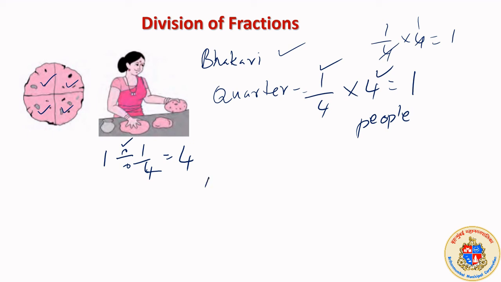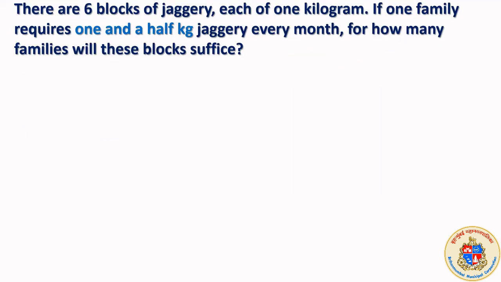Then we understood that 1 divided by 4 की जगह पे 1 into take the reciprocal of this. चलिए वो reciprocal के बाद की, reciprocal of 1 upon 4 is 4 upon 1, and you will get the answer of 4. So whenever you multiply with reciprocal, you will get the answer for division. तो division के लिए क्या करेंगे? You will multiply with reciprocal.